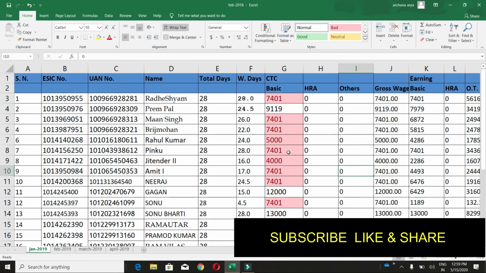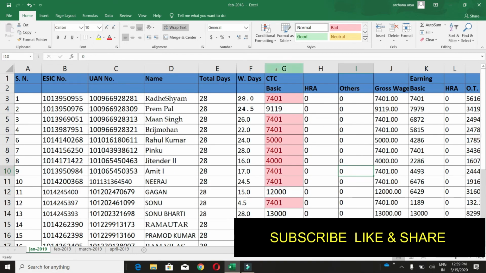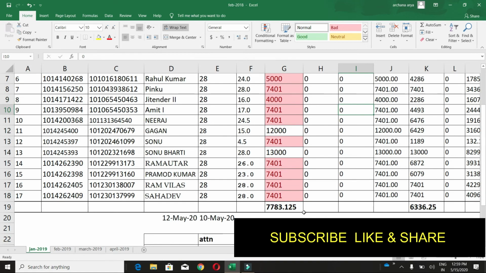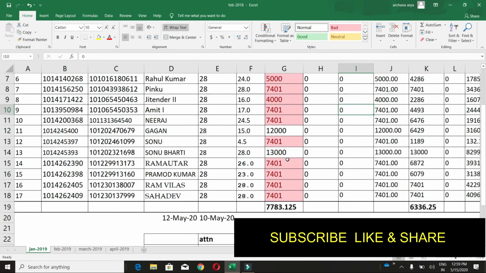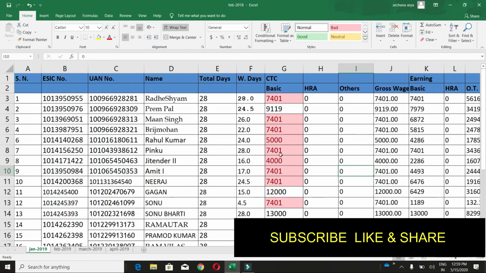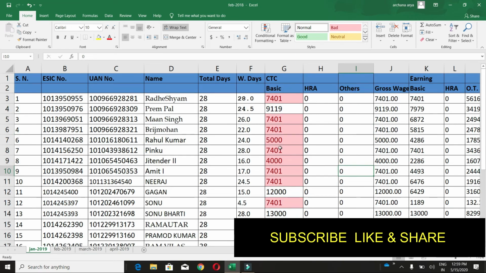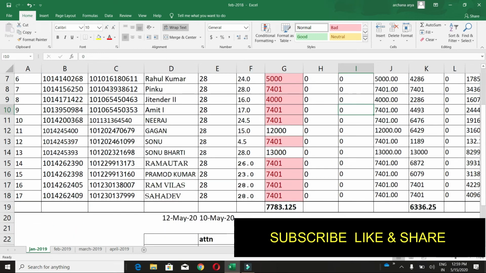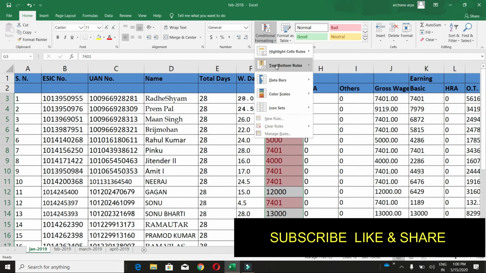Now see here, our average value is 7783, and the cells highlighted here are below our average value. So in this option, it will highlight all cells containing values less than our average value, 7783. Fine. I think you have understood all this.